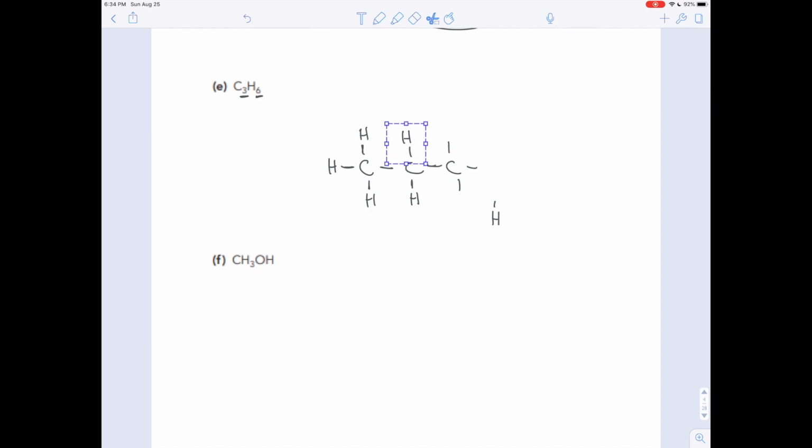And notice, if I do this way, I have two bonds on one atom that are just going out into space. And I can't connect them to one of the carbons next to it because there's no room. This carbon already has 1, 2, 3, 4 bonds. So this arrangement doesn't work. I need to connect the hydrogens differently. So notice if I bring this hydrogen here, if I move that over,